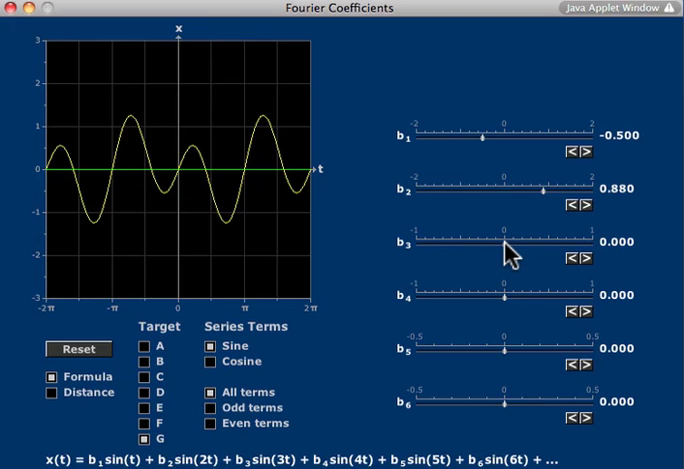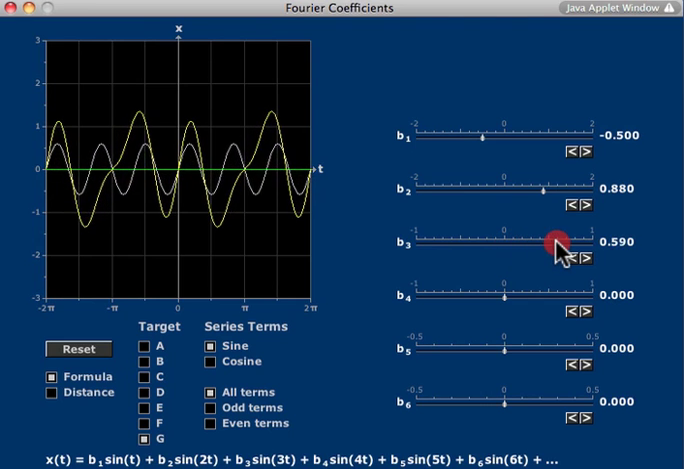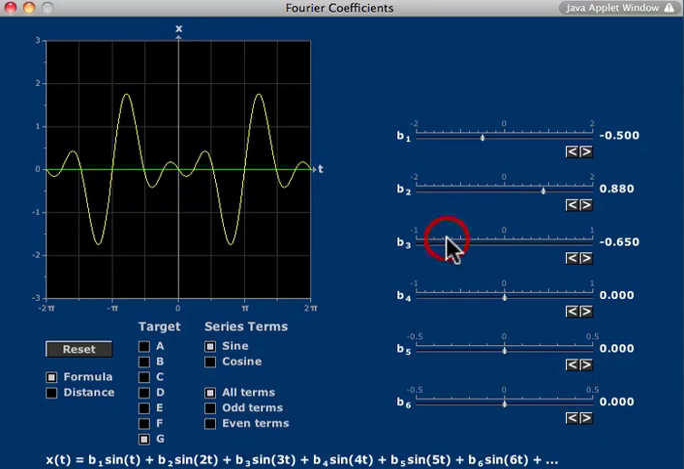You can get quite a variety of interesting functions by playing with these various sliders, but it's even more fun to try to match a target periodic function by means of sine or cosine series. And the tool has built into it a whole family of target functions to try for. Right now the target function is 0, but we can select target A instead, and what we have now is